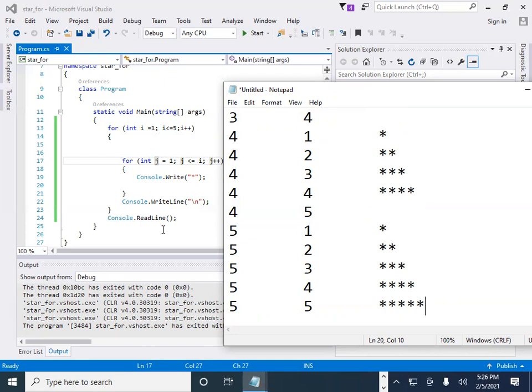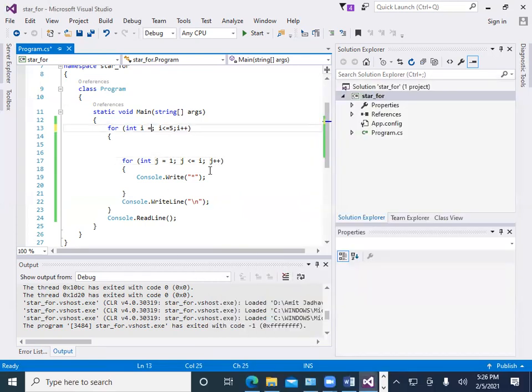So if we want to print the opposite, 5 stars first, then 4, then 3, we change the loop only here. i's value is 5, i greater than or equal to 1, and i minus minus, because it's a reverse loop.